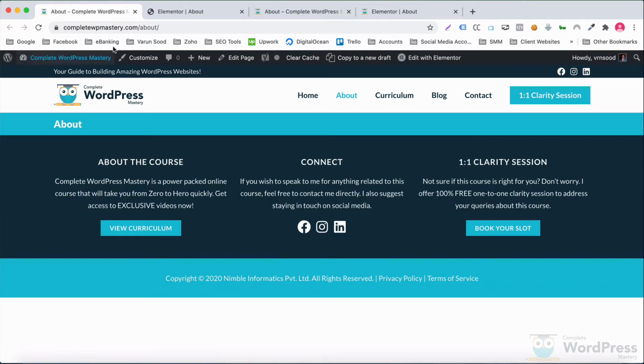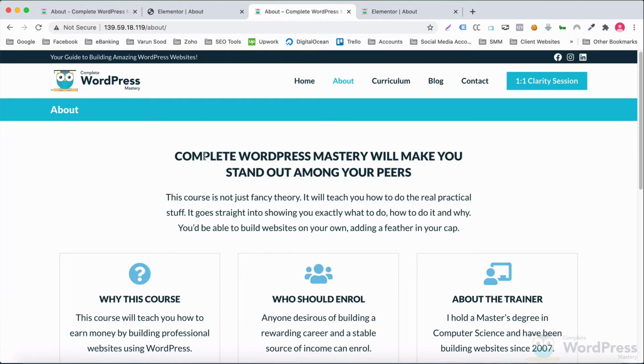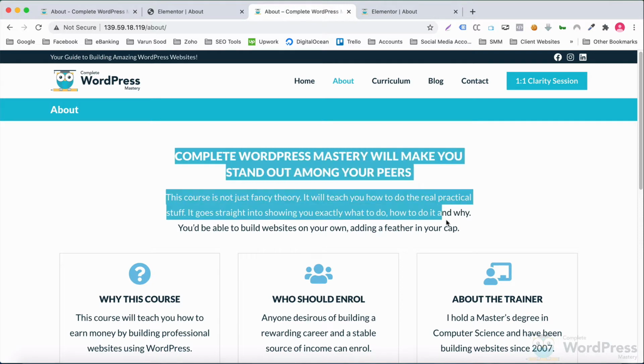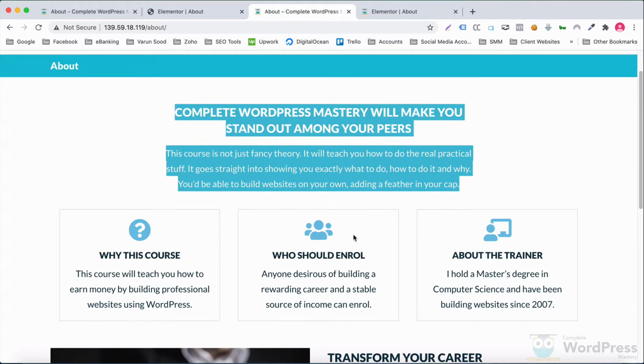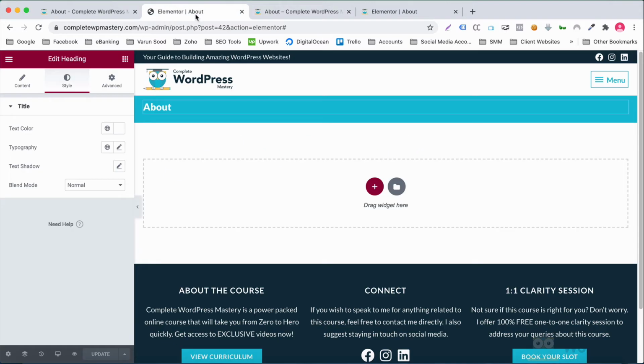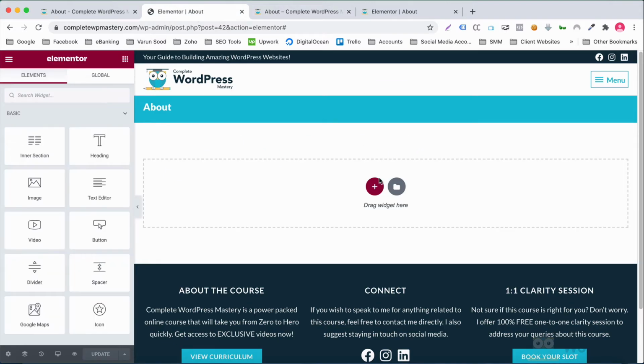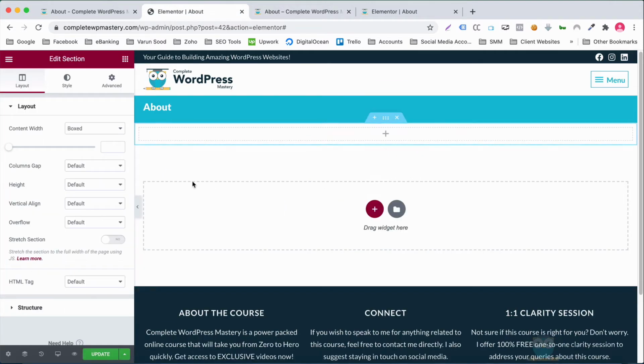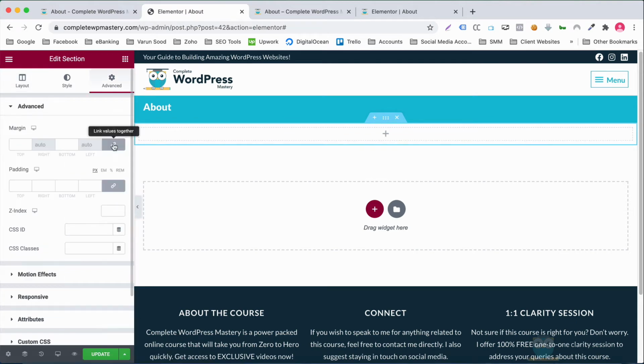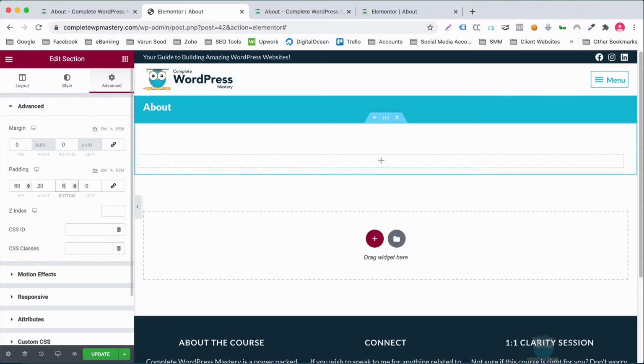Looks good. The next thing to work on is this portion of the page. I'll add a section, set its content width to 1200 pixels, margin to 0, and padding to 60-20-60-20.